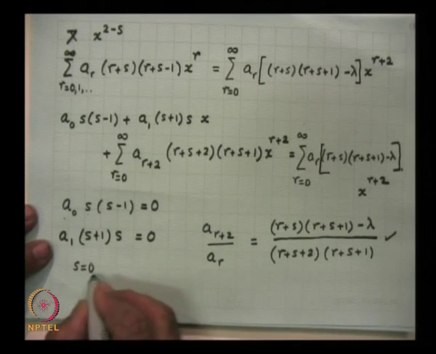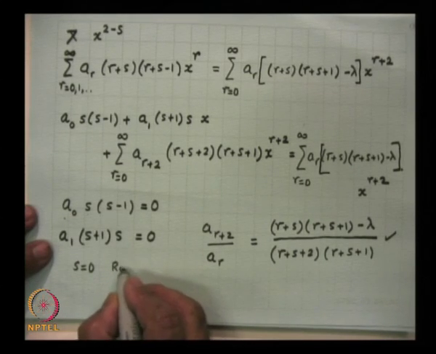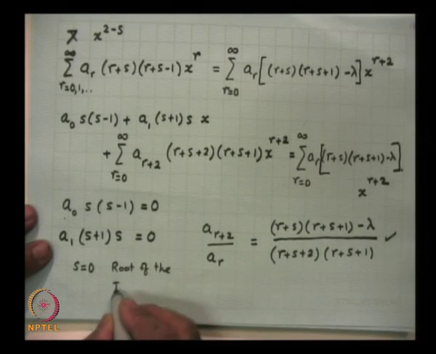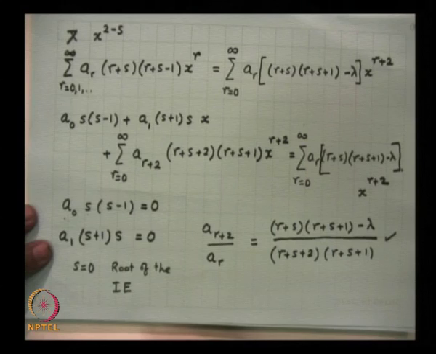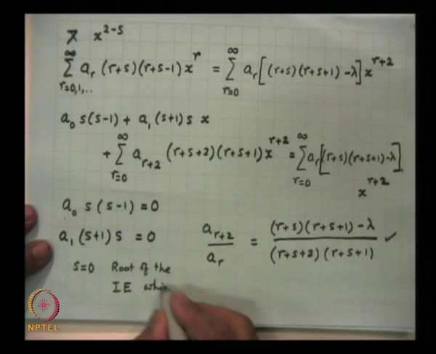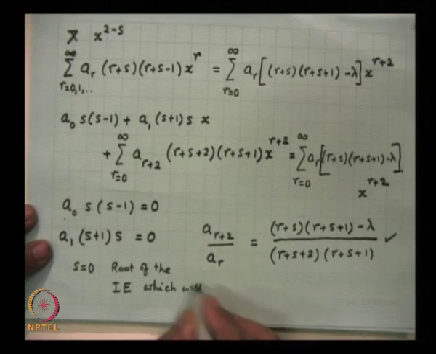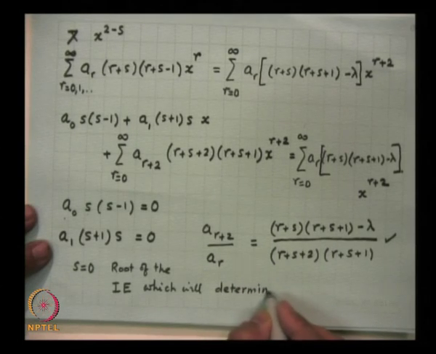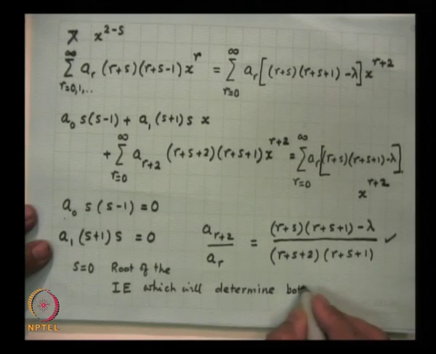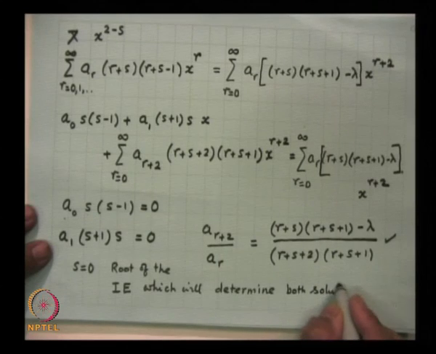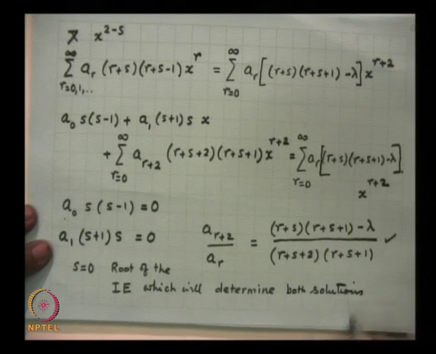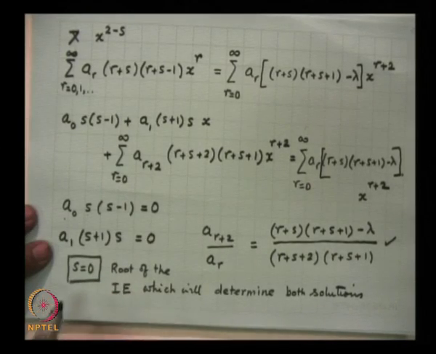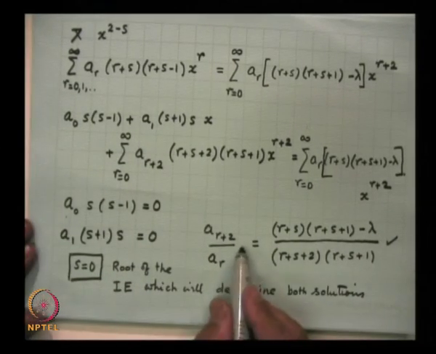So, this is the root of the indicial equation which will determine both solutions, and we will show this in a moment. So, we will just assume s is equal to 0,